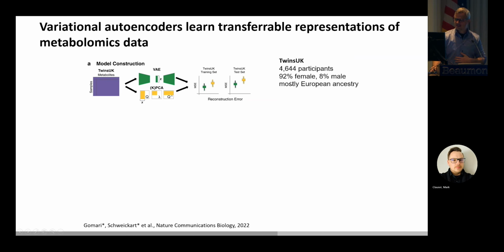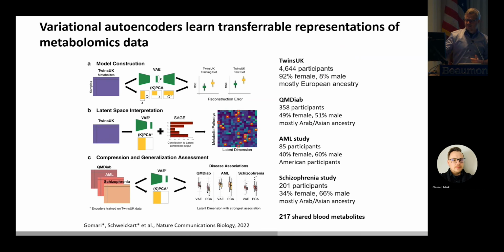So what we did is we took a data set that, at that time when we started this project a couple of years ago, was big. Several thousand blood samples measured with mass spectrometry from the Twins UK cohort, predominantly female, as you can see. It's just a quality of this cohort. Pressed it through this bottleneck, and then applied what we found, these signatures, so the different pathways that you now see in this reduced version of the data, not all of the samples anymore, but the reduced version, to completely